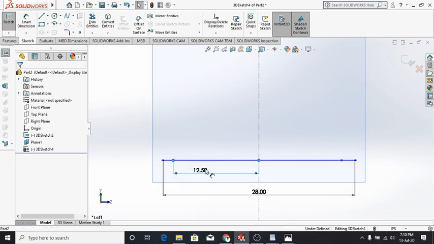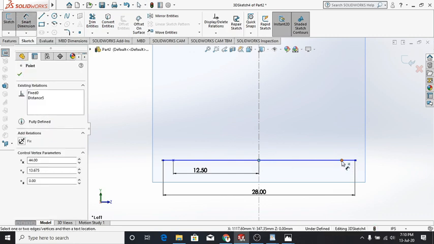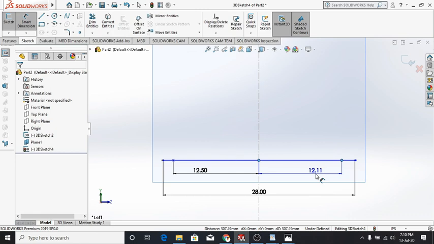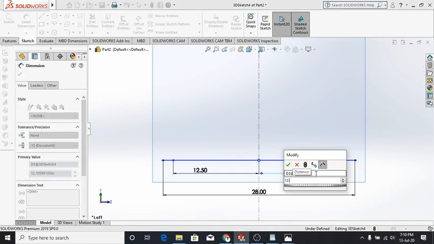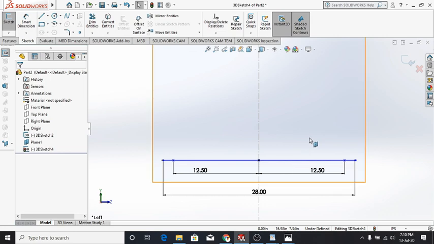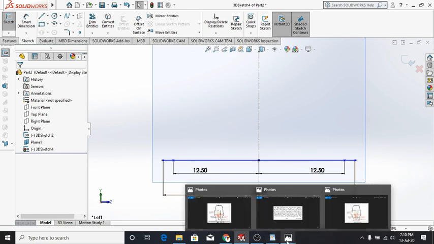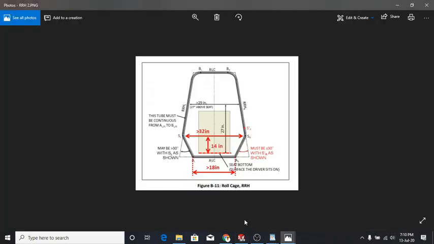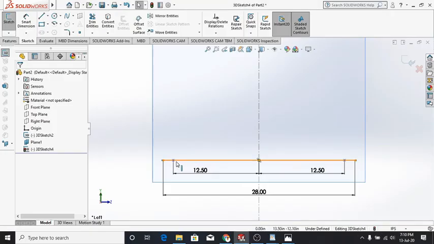Okay, and the other point to be also 12.5, so that it makes 25 inches from one point to the other point. So this will be the left one. The left point will be my AL, I mean A left, and this will be my A right.